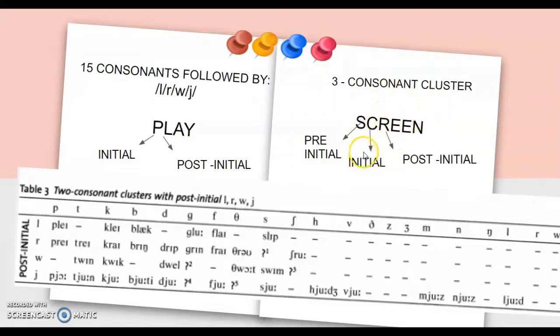You're going to say, okay, but you said that the ones that follow the s sound would be t, w, and m. Well, in the case that you have a 3 consonant cluster, you have the obligation to set the s sound as a pre-initial sound. Yes, k, the initial sound, and r, the post-initial. Yes, the s is the pre-initial always